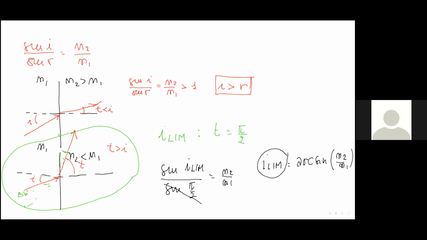Now, what happens if the incidence angle gets larger than this limit angle? If it gets larger, this beam should be pushed to a larger angle, but it can't. It means that there is no longer any refraction. And if you have light above the critical angle, this limit angle,